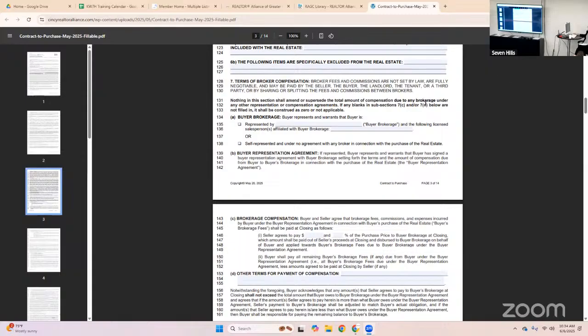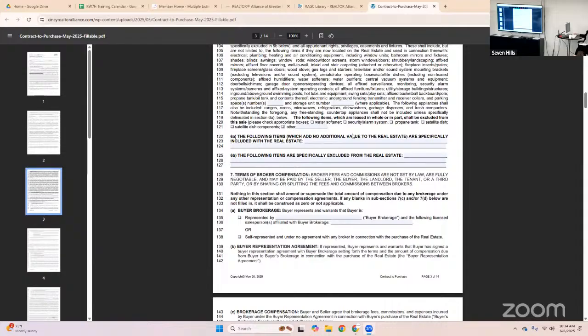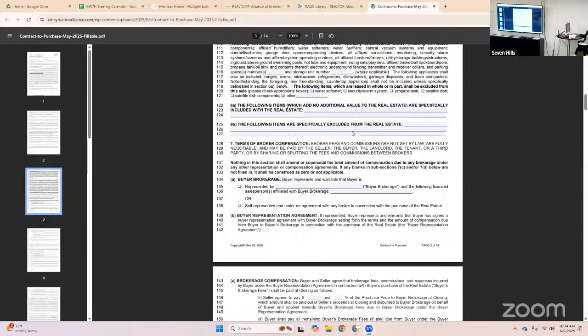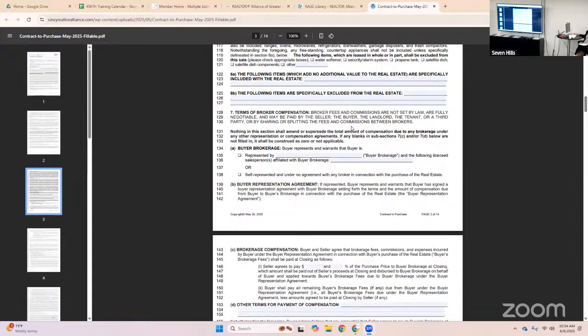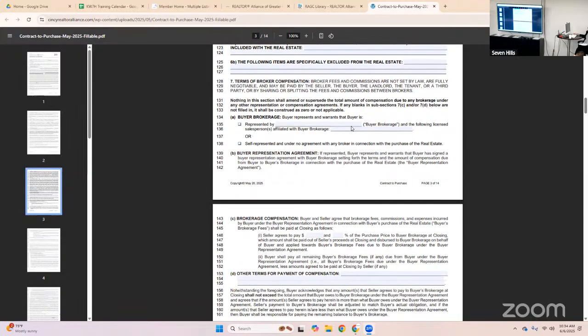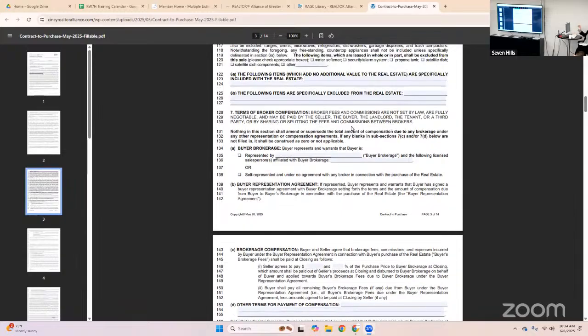Now, does that have to be upheld? That's questionable. There's still a lot of questions out about how these broker compensations are being paid, being adjusted, not adjusted. So I would take these on a case-by-case basis, but if we are following exactly what this contract says, and the contract does say the buyer is obligated to pay the difference, period, that's it. It doesn't give you any other instances here.